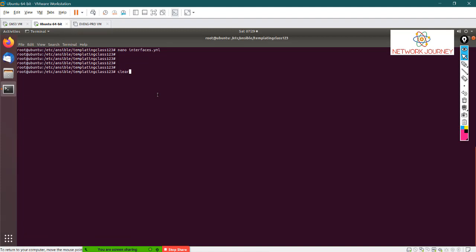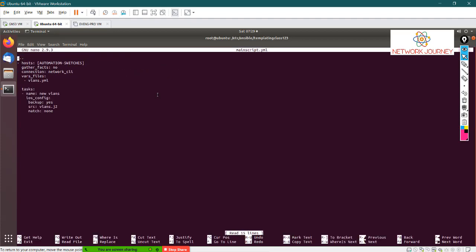Now what about your main script, right? The main script will depend on the previous one. So over here my variable file or my data file is now interfaces.yml, and on my task it's again interfaces.j2, and match I'm gonna set to none.